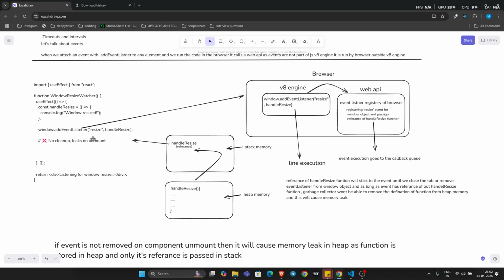Now let's suppose for now we don't have any cleanup function inside this component or inside our useEffect. So what will happen here is this function will take space in heap memory. The definition of this function will be stored in heap memory, and the reference of this function will be passed to stack memory for fast readability, and that reference will be passed to